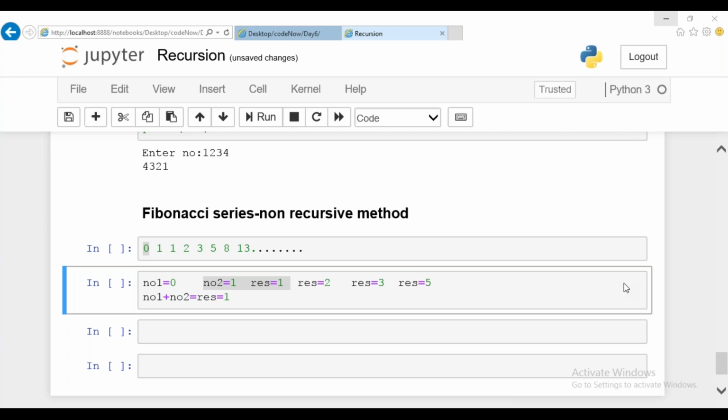Also account for exception conditions, whenever your n value is 1. Just try it out. You're supposed to display the Fibonacci series up to N.